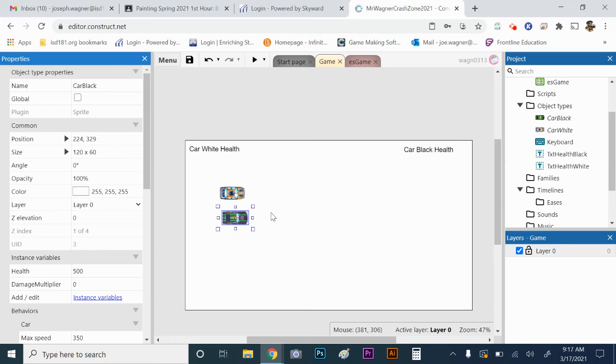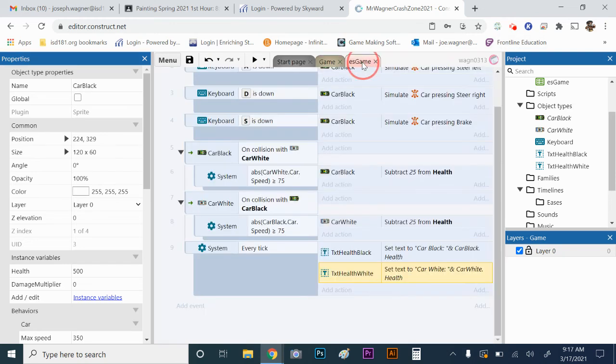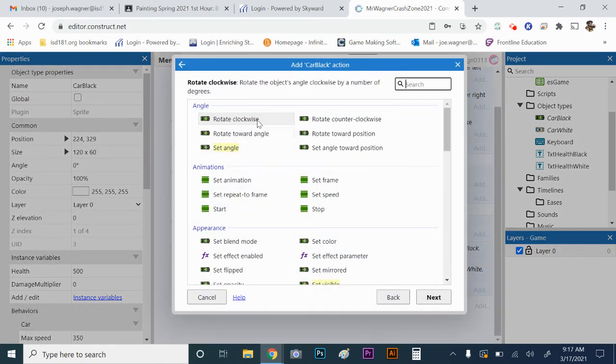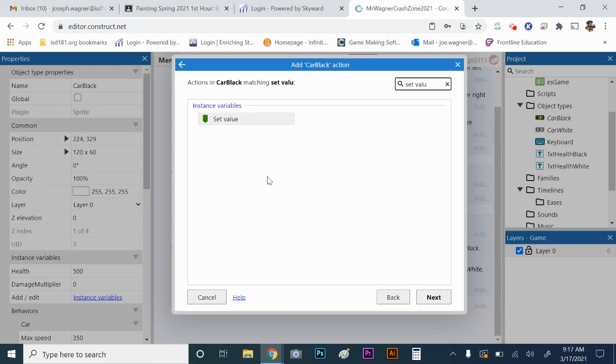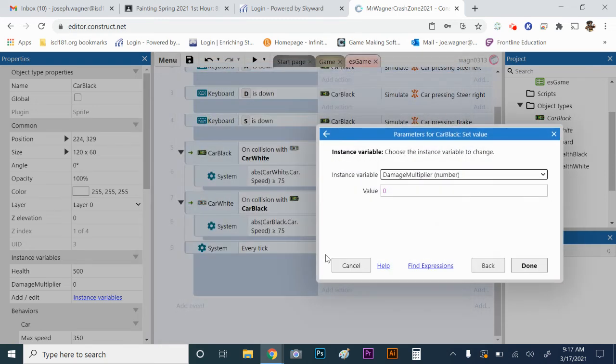Then what we're going to do is go to our every tick event and add an action to that. So let's go back to our event sheet. Let's go down to this every tick. We're going to add an action for car black. Okay. And then we're going to do set value. Okay. And then we're going to set the damage multiplier and we're going to type in kind of a complicated